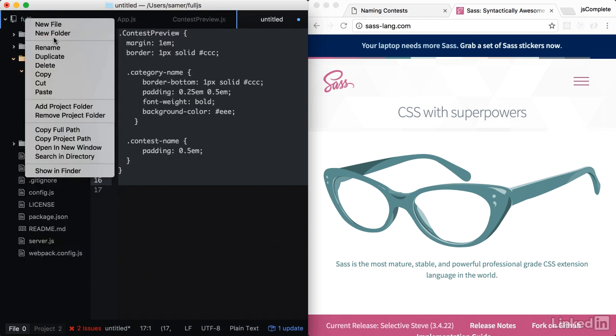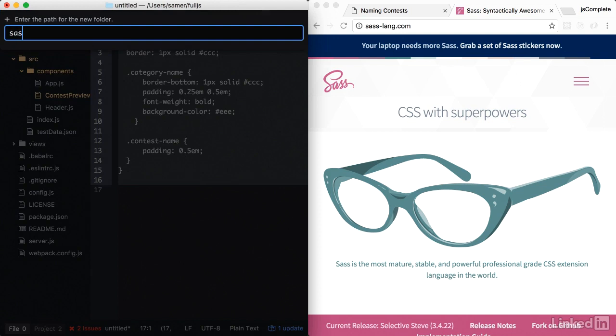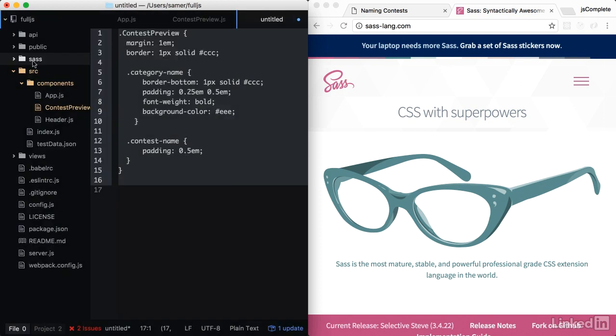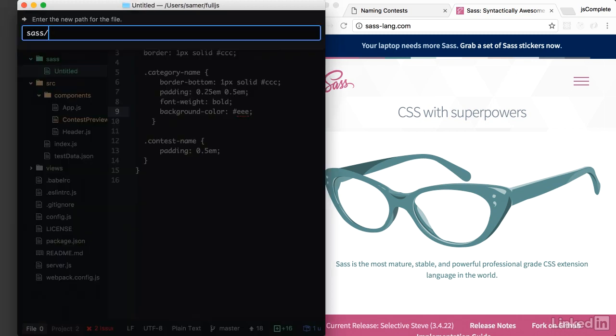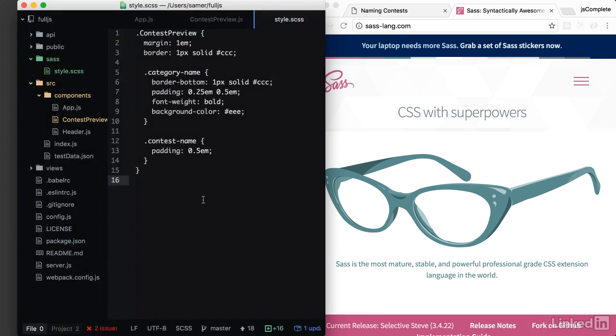Let's introduce a new directory here, call this directory Sass, and we'll put any Sass styles inside this directory. So I'll save this new file as style.scss. The extension is SCSS, which stands for Sass CSS. And now I have two options. We either make Webpack translate this Sass for us into CSS and use the CSS directly in our application, or